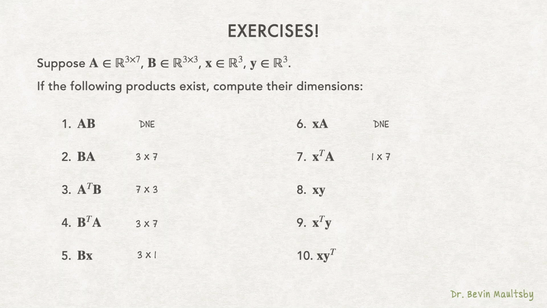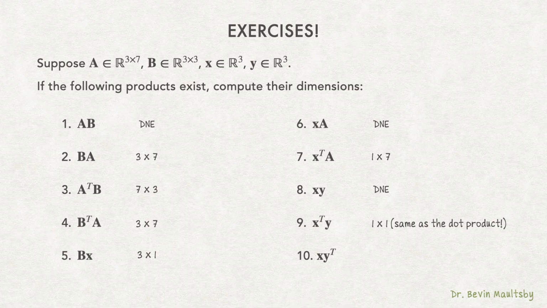In exercise 8, writing multiplication of two vectors this way does not make sense. So saying X times Y, where the action of times there is matrix multiplication, is not a legal operation. You can't do that with two 3 by 1 arrays. If you wanted to do the dot product, you would need to write a dot between them. Unlike with regular multiplication, the dot in a dot product is not optional when you write it down. Another way to do a dot product, though, if you do want to write it as multiplication, is to say X dot Y is actually the same as doing X transpose times Y, where we pass from a dot product